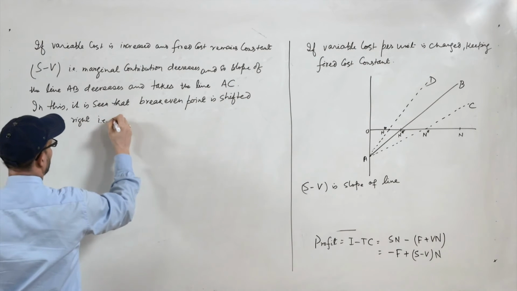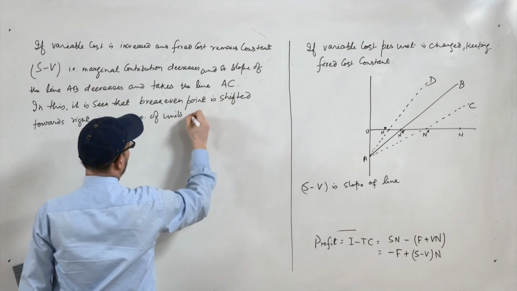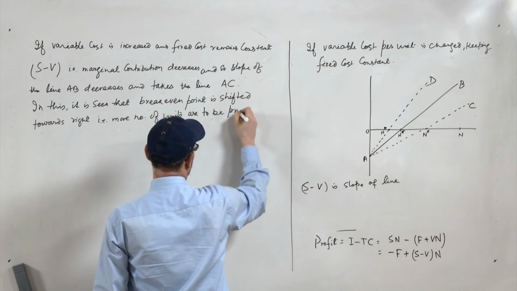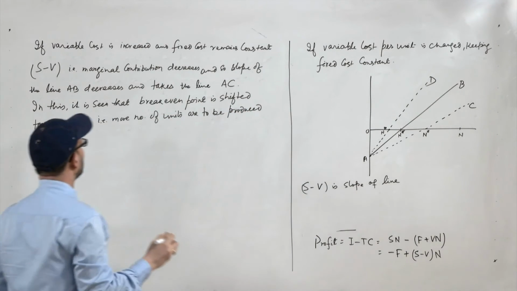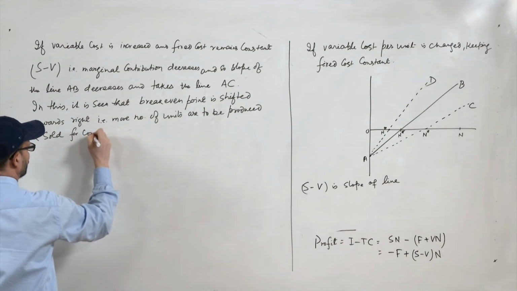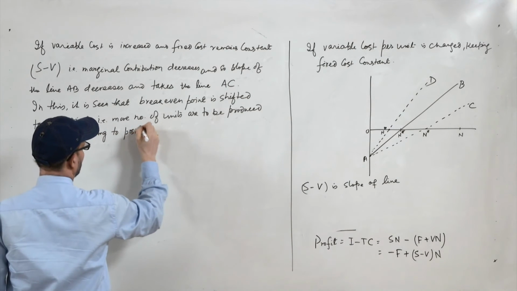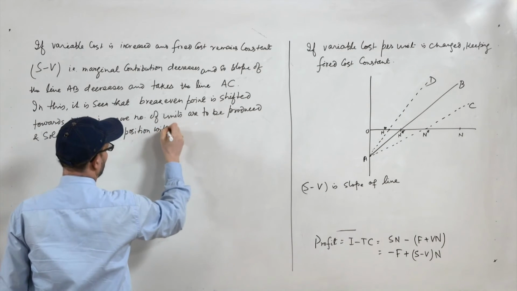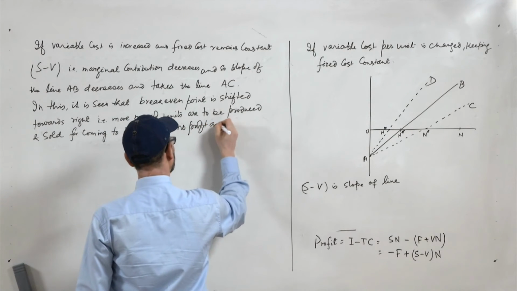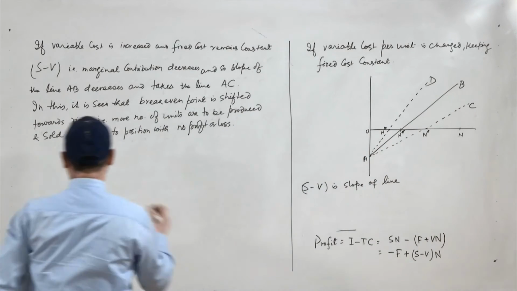That is, more number of units are to be produced and sold for coming to a position with no profit or loss. So, contrary to that,